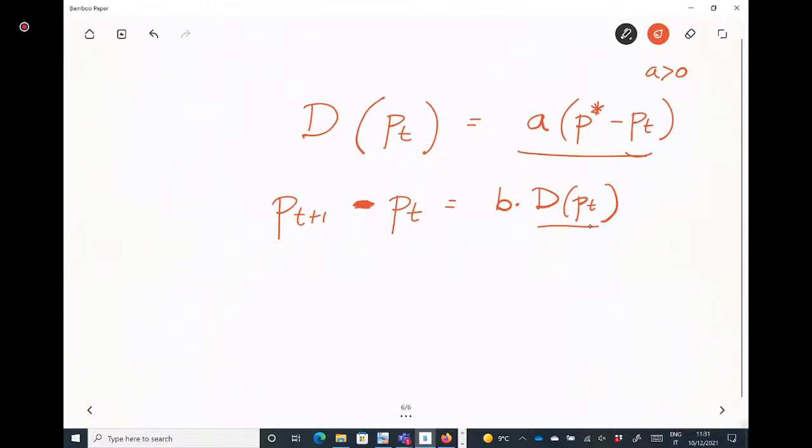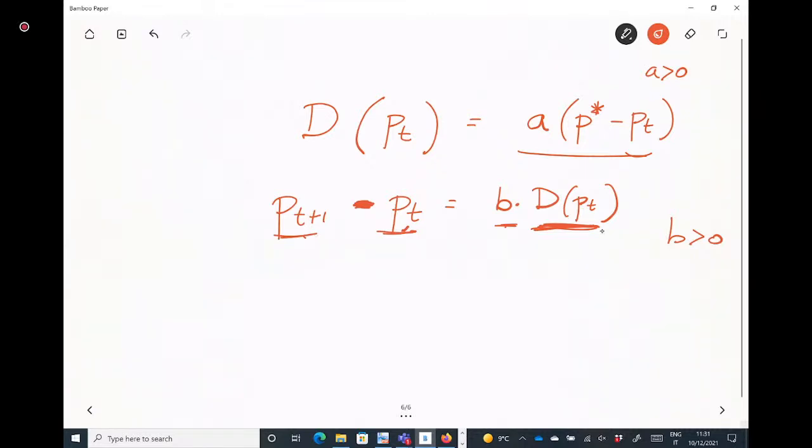If the demand is positive, this is a positive coefficient. If the demand is positive, the next price will be larger than the current price. If the demand is negative, the next price will be lower than the current price, okay? Demand pressure. So this is a simple model, but the demand depends on the current price, and the next price